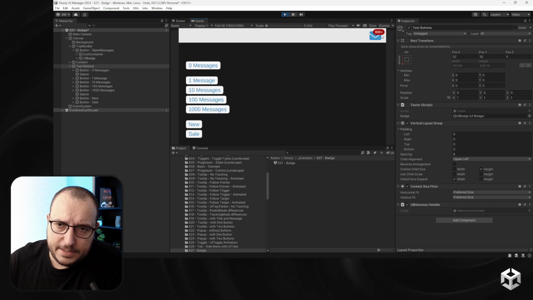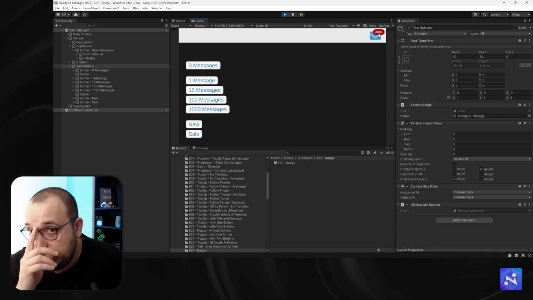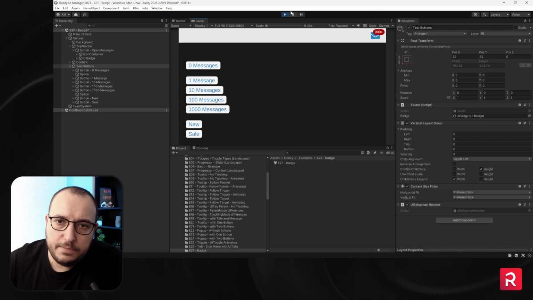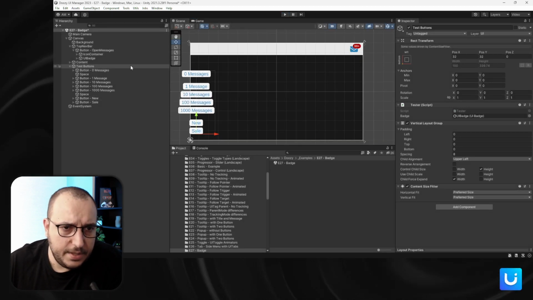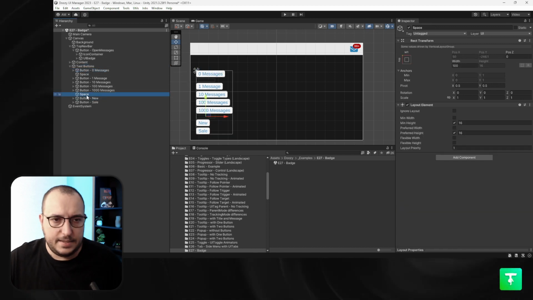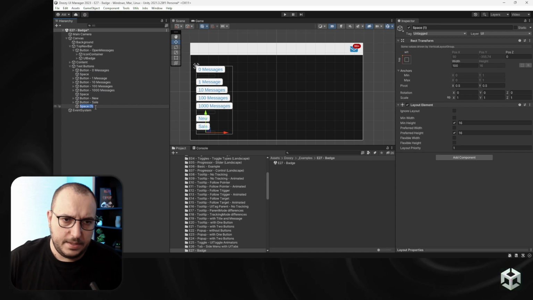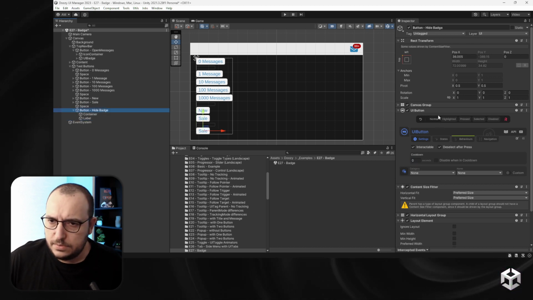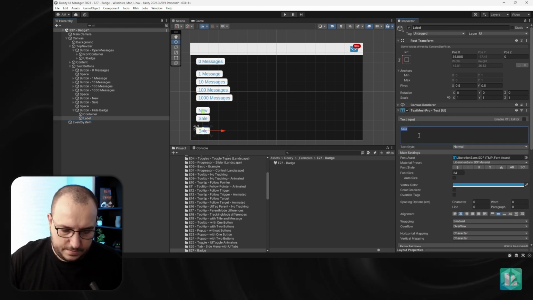as you can see, because we have our limit of 999, it shows like that. So let's add in our badge, I also need a way to hide the badge. Let's also add a button to hide the badge. So where are my buttons? There's buttons. Let's add another button. And this time we're going to say hide badge. All right. So label, hide badge,